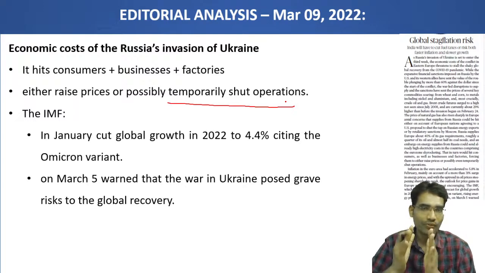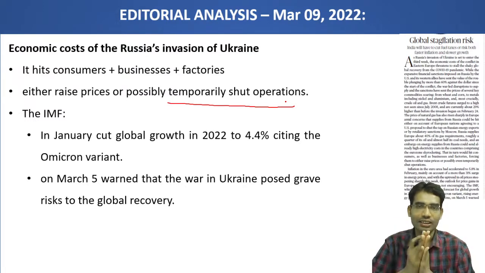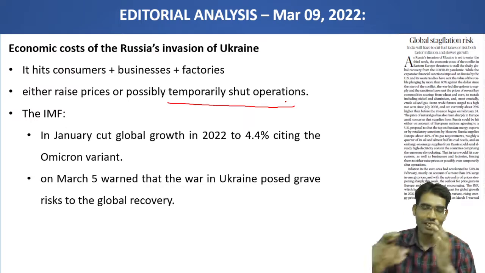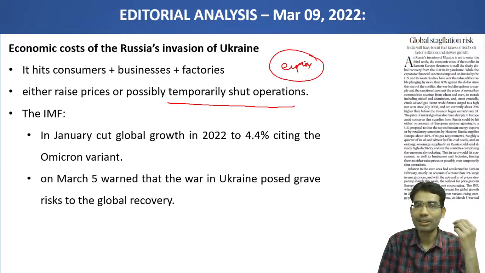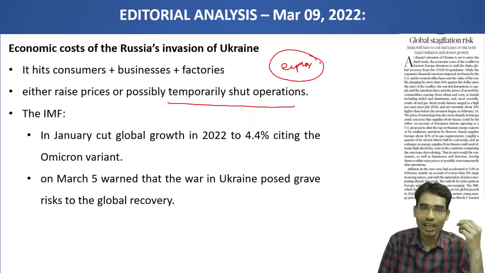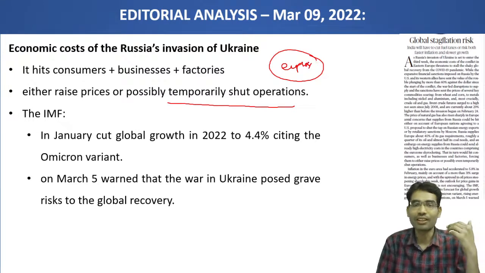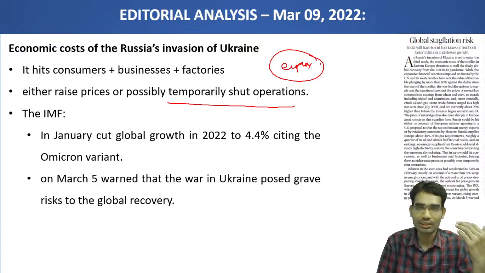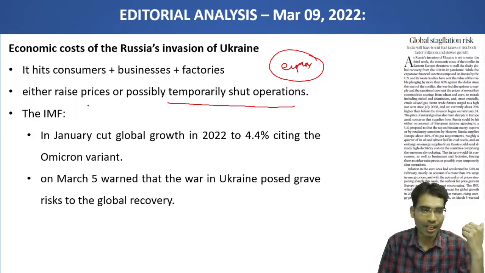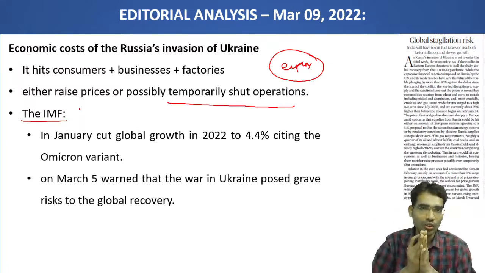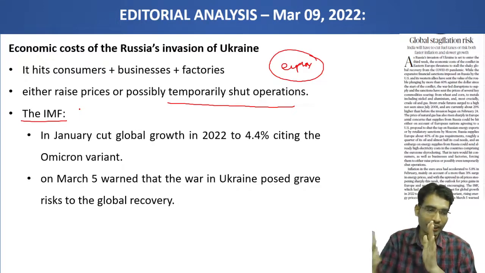Now if any factory or industry shuts its operation, it will have an impact on employment. Now if there is high unemployment in the economy, it will have its own consequences on the Indian social system and the world social system and world economic system. IMF is also projecting the consequences of this global war. In January,